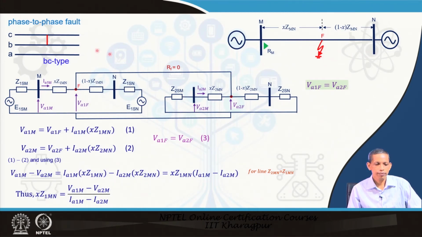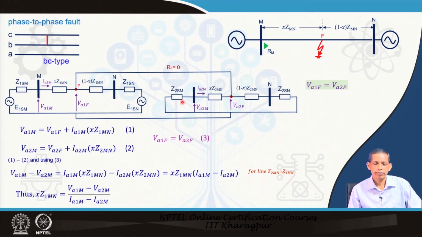So, fault at F, the type is phase to phase fault. Let us consider BC fault, phase B to phase C, short circuit with RF equals to 0. For such a situation, we can say that the corresponding sequence diagram will be, for phase A, positive sequence diagram, negative sequence diagram, no zero sequence diagram, as ground is not involved. So, they are